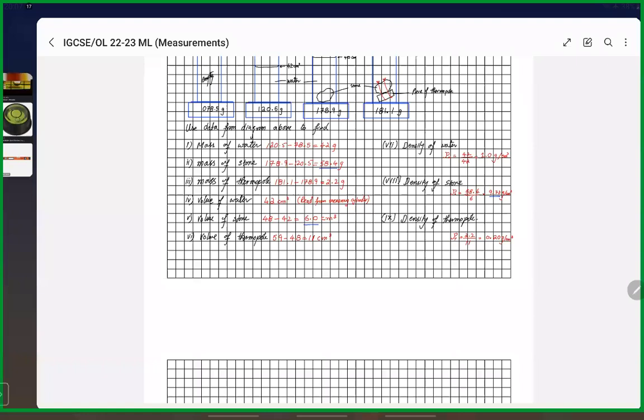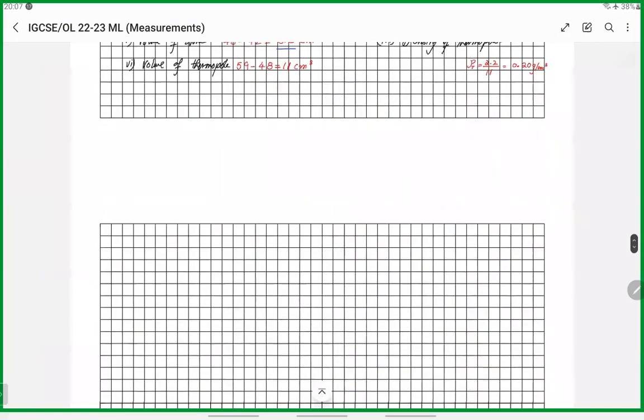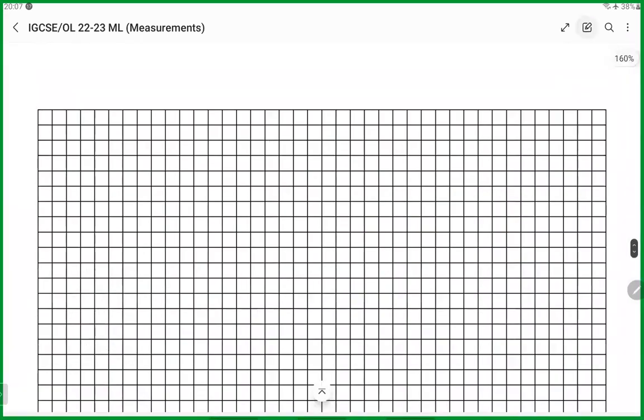Okay, last time we completed the topic of measurements. We'll be doing some past paper questions next week, and today we're starting a new chapter